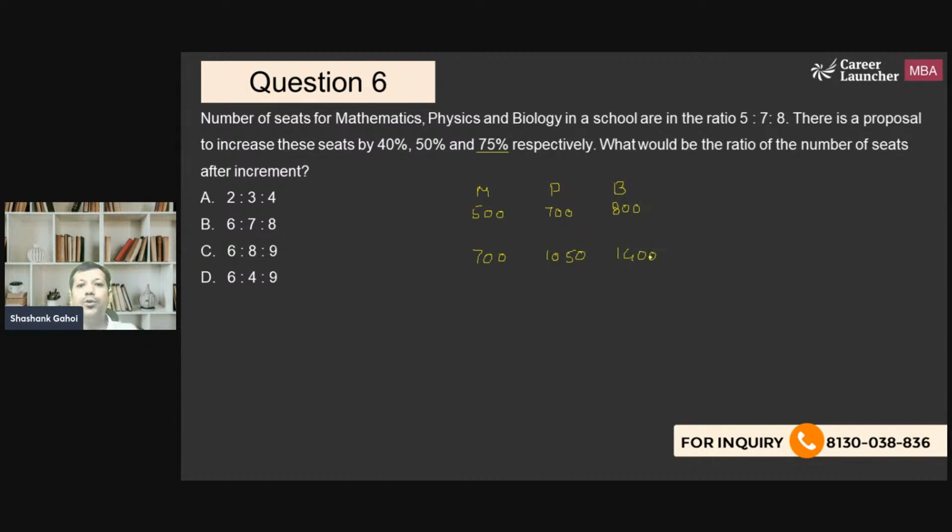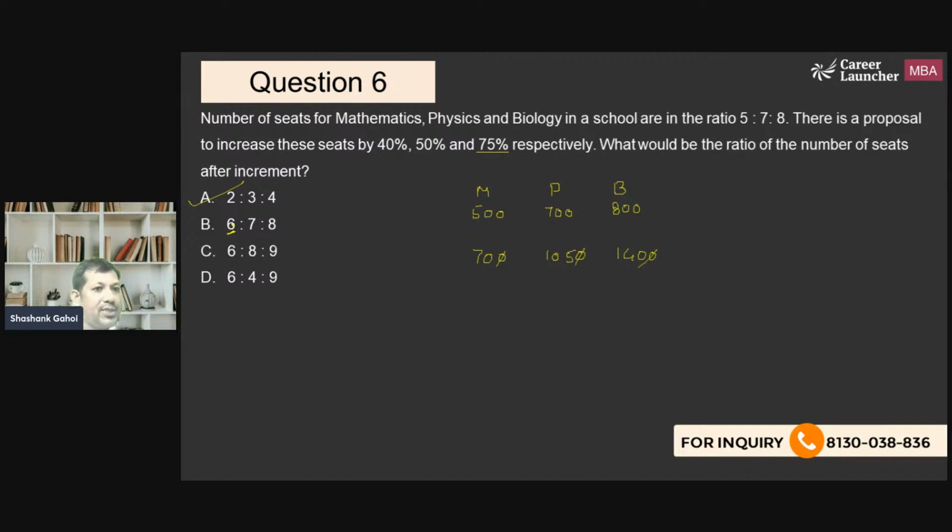ठीक है, तो ये हो गया 1400। Now I need to find out the ratio. ठीक है। So the first value, बस इतना लिखने के बाद I am not going to do anything, I am directly going to mark my answer as option A, क्योंकि इसके अलावा और कोई आंसर पॉसिबल ही नहीं है। क्यों नहीं है, let me tell you why. क्योंकि अब इसको अगर 700 भी लिख लेंगे ना तो भी आंसर आ जाएगा कि इसके अलावा और कोई आंसर नहीं हो सकता। अब क्यों नहीं हो सकता, क्योंकि देखिए the value of first one